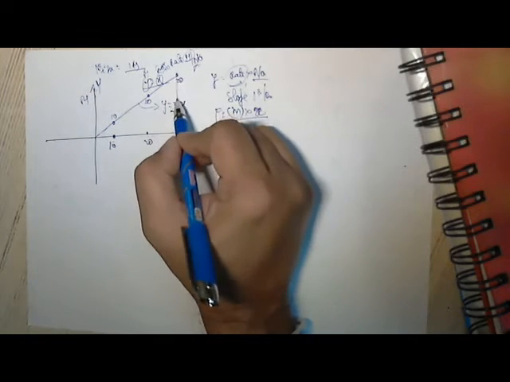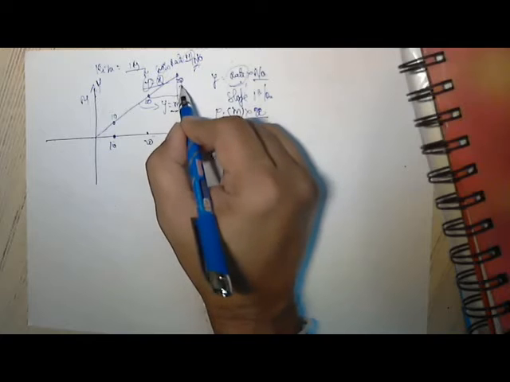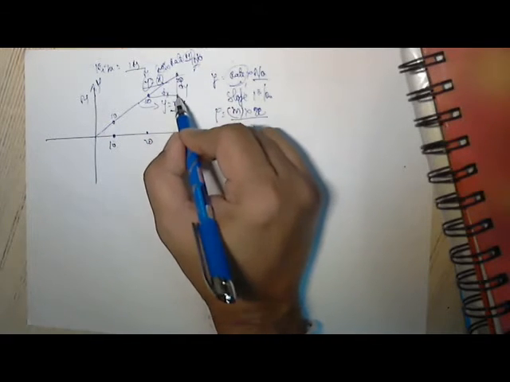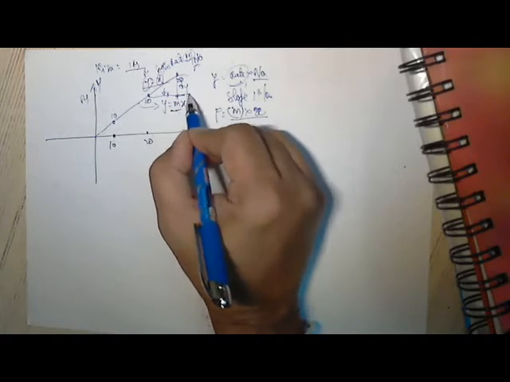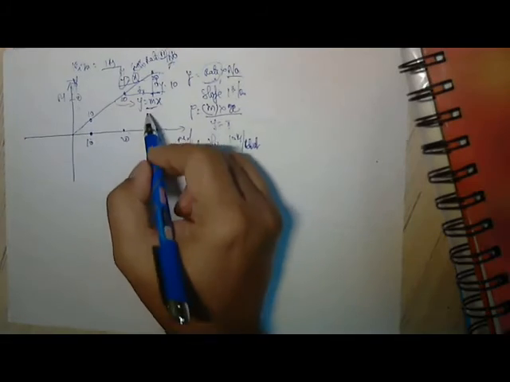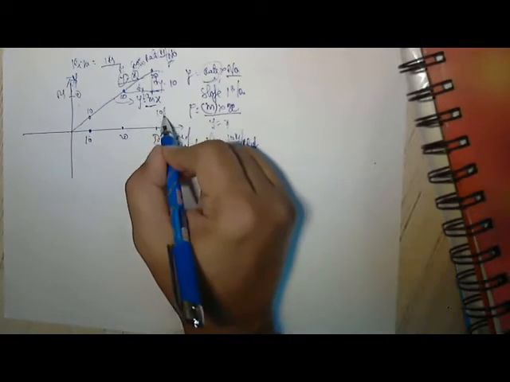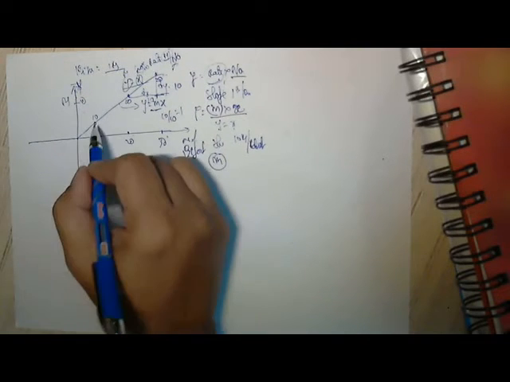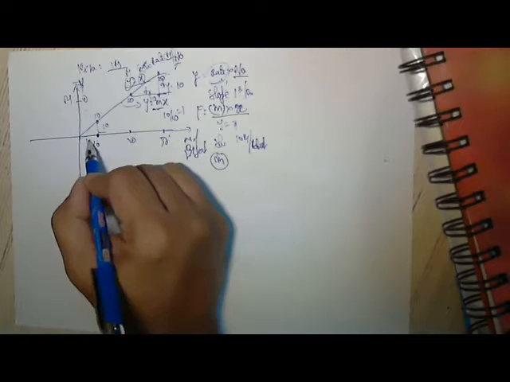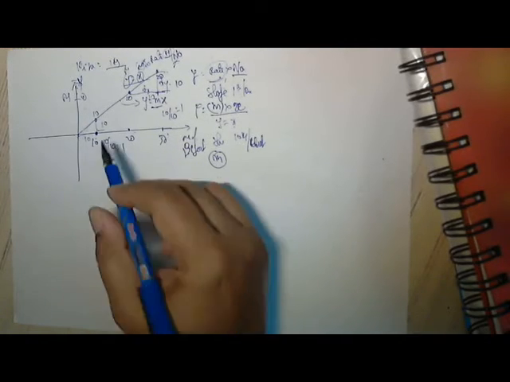If you see here, what is the slope? Dy by dx. What is dy here? From 20 to 30, this is the 20 line, this is the 30 line, so the difference is 10. What is the x difference? 20 to 30, 10. So 10 by 10 is equal to 1. Let us see what the slope is here. Y is 10, x is also 10. 10 by 10 is equal to 1. So everywhere the slope is the same in a straight line.